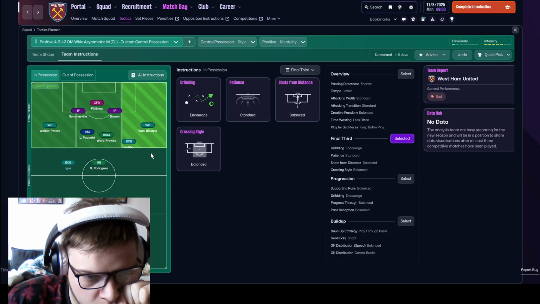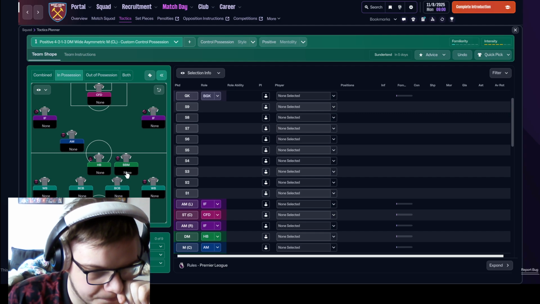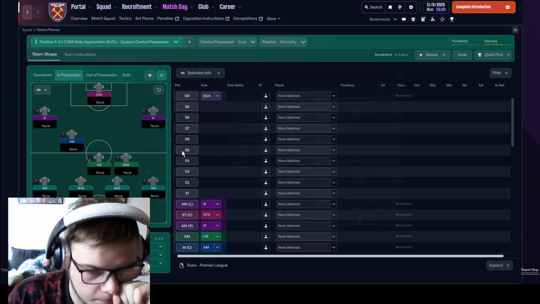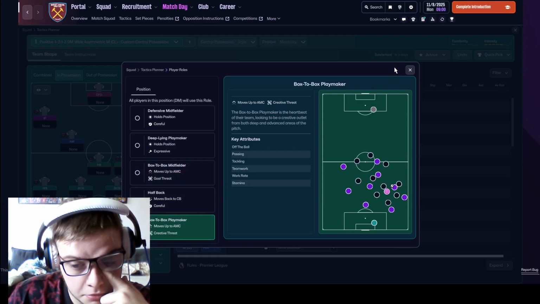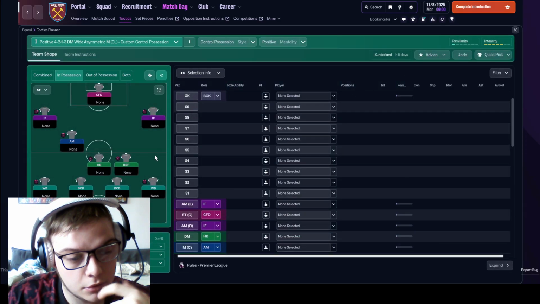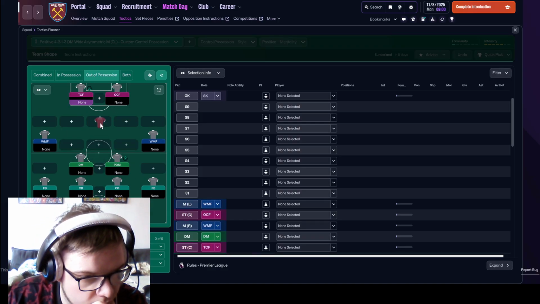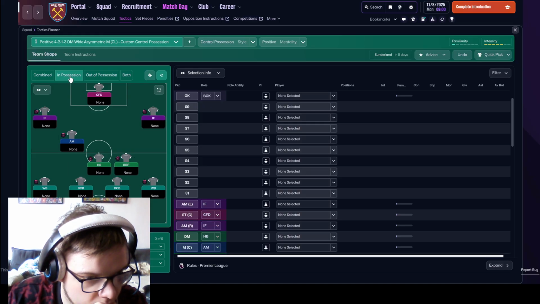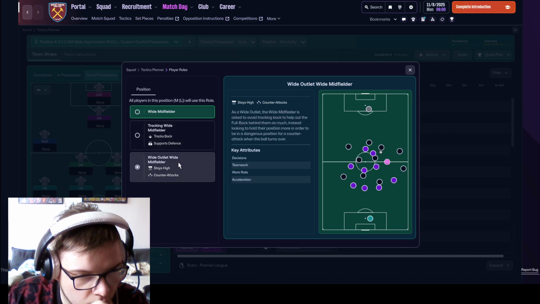Team instructions, it will look like this, so we really try and pin the team in. With this box to box, I'm going to try and make him a bit more like a playmaker, because we are playing Sunderland on the opening day. Out of possession, 4-3-2-1, I reckon we make it, with a wide midfielder outlet,